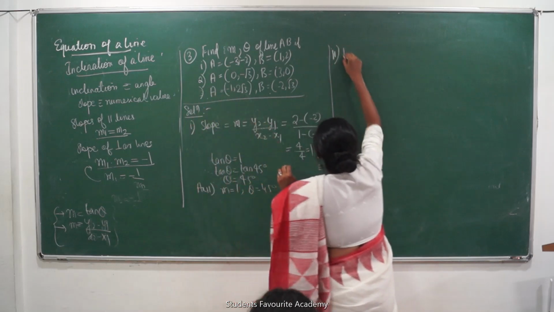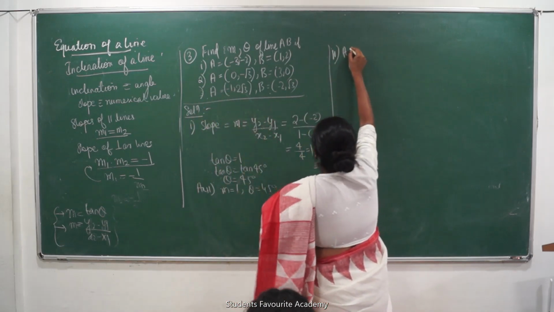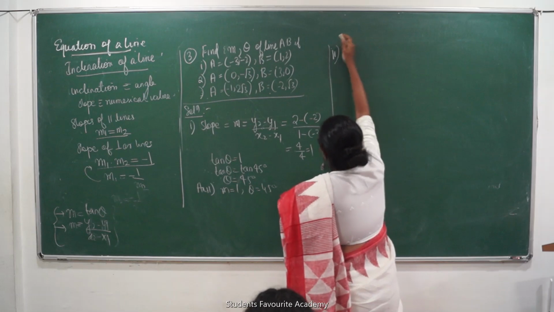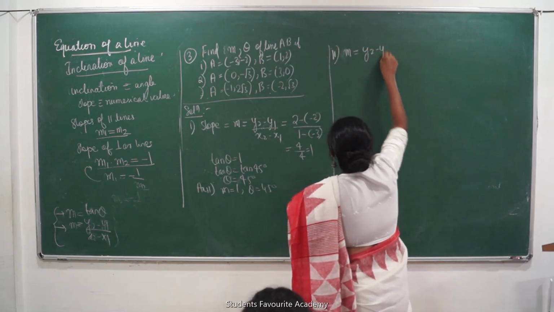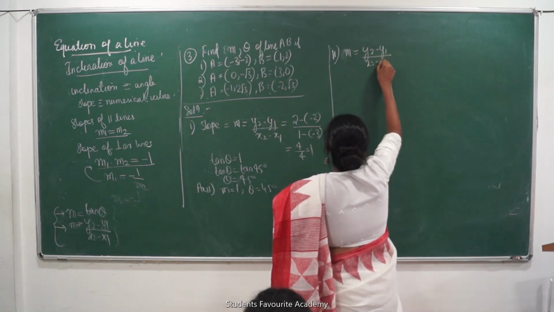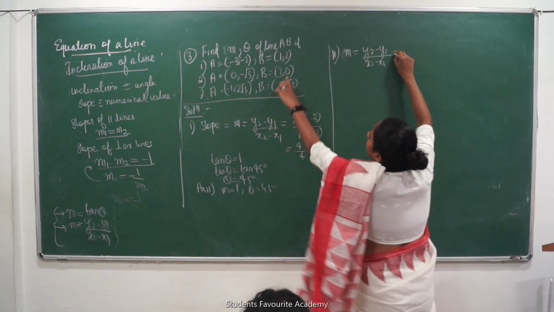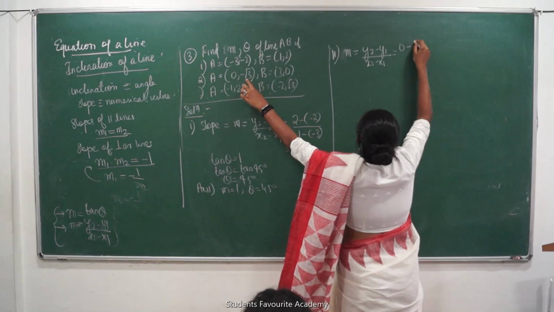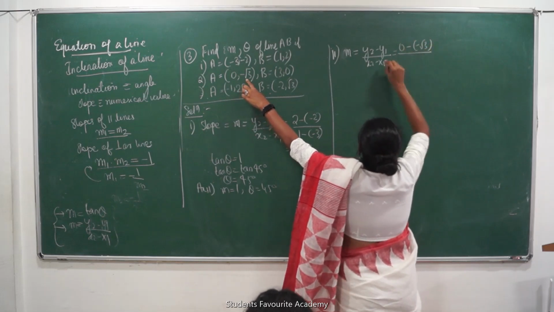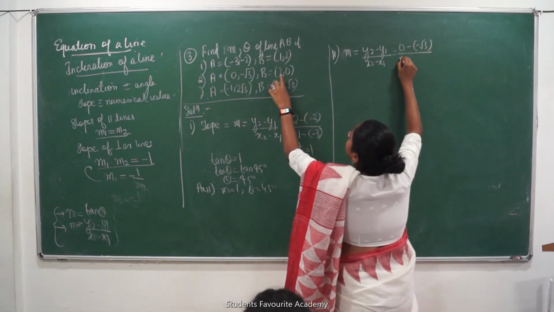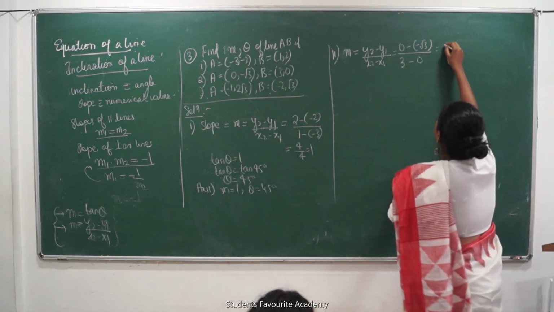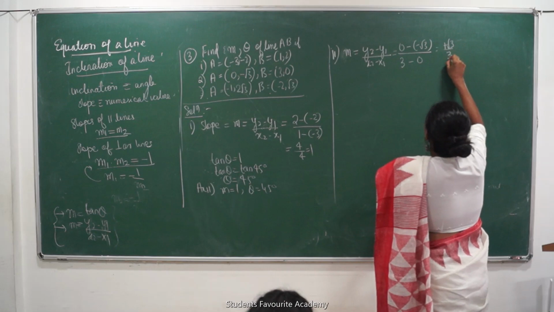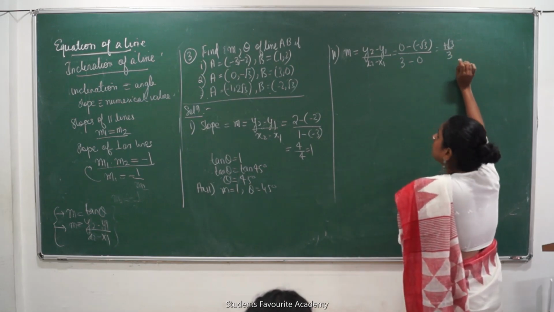Second part कर. Second part तक मैं कर दूँ, फिर उसके बाद ऐसा ही सब दूँगी. Let me do all the 3 parts. Okay. So here, what is in the second part? Slope is equal to, again we use the same format. That is equal to y2 क्या है इसका? 0 minus -√3 upon x2 minus x1. 3 minus 0. That is equal to plus √3 upon 3. Right? Plus √3 upon 3.